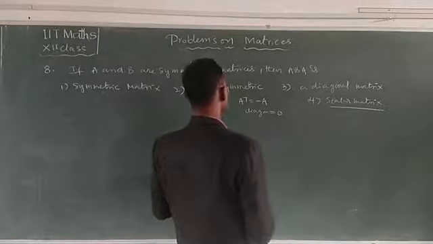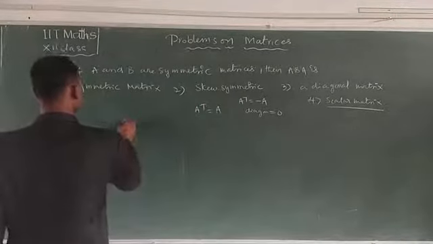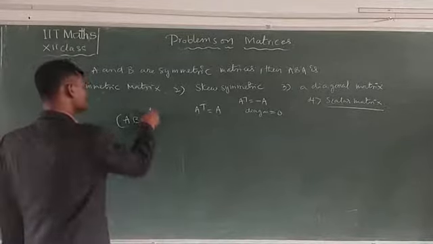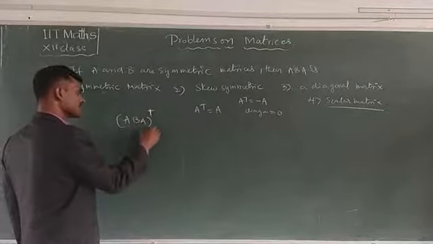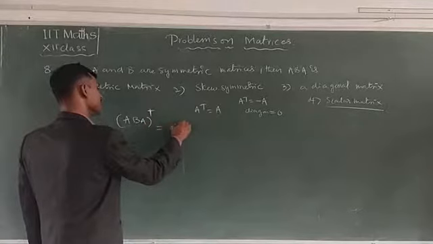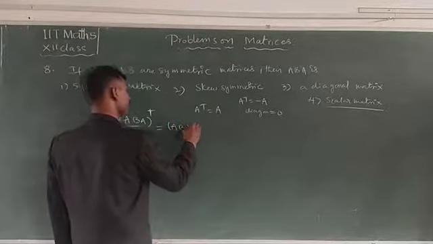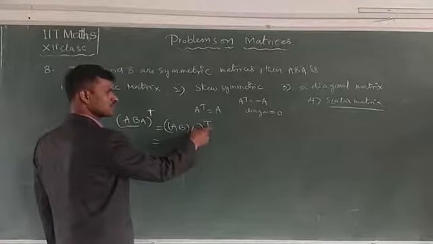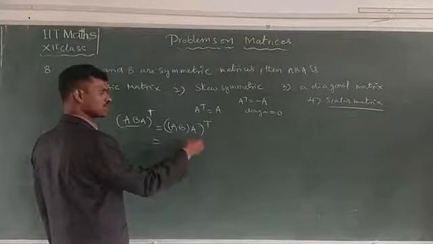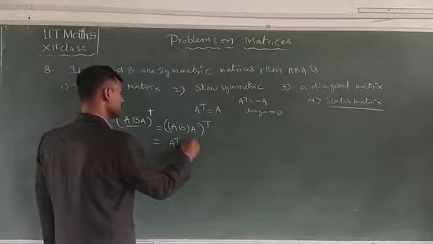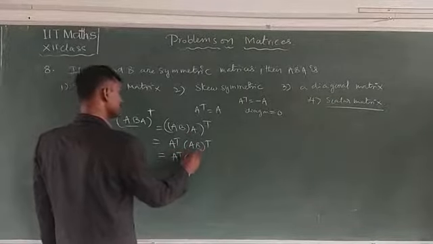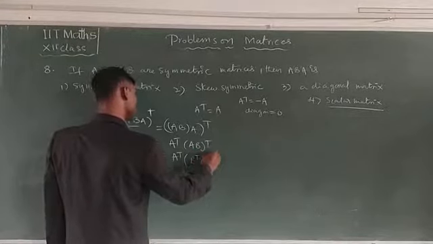And a scalar matrix means principal diagonal elements are equal and all remaining non-diagonal elements are equal to 0. Okay, see here now, A is given as a symmetric matrix, then you can take its transpose. How you will take: AB you can take as one term and A as another term. Now you can write the transpose. Here AB whole transpose is written as B transpose into A transpose.